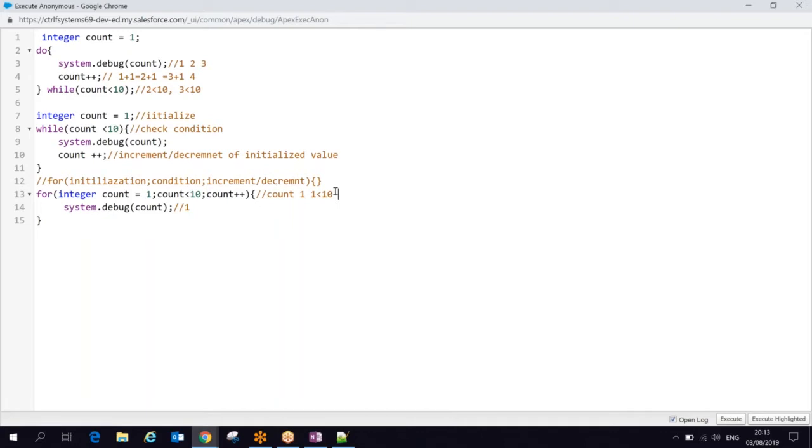So now my value became 2. Then again I will check whether 2 is less than 10. Yes. Then I will go and print 2. After execution of the line is completed, I will again increment my value using count plus plus, whatever I have here. 2 plus 1 is going to be 3. Then 3 less than 10, condition check. Yes. Then I'll go and print 3. Like this, I'm continuing my for loop.